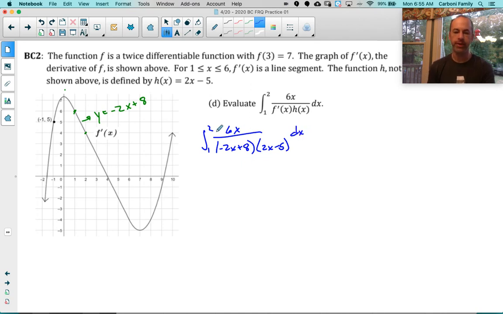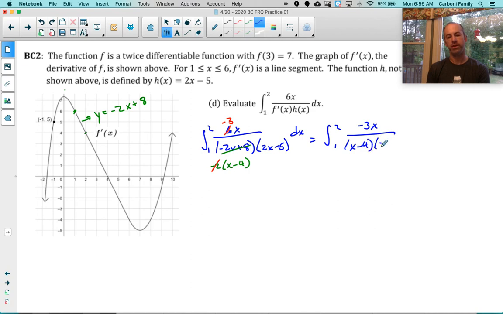And this will be an integration by partial fractions problem. Before I dive into the partial fractions, I notice that I can factor a 2 out of 2x plus 8. As a matter of fact, I will take out a negative 2. That'll leave me with x minus 4. And then the negative 2 and the 6 can reduce to a negative 3. So I'm going to change my problem to the integral from 1 to 2 of negative 3x over x minus